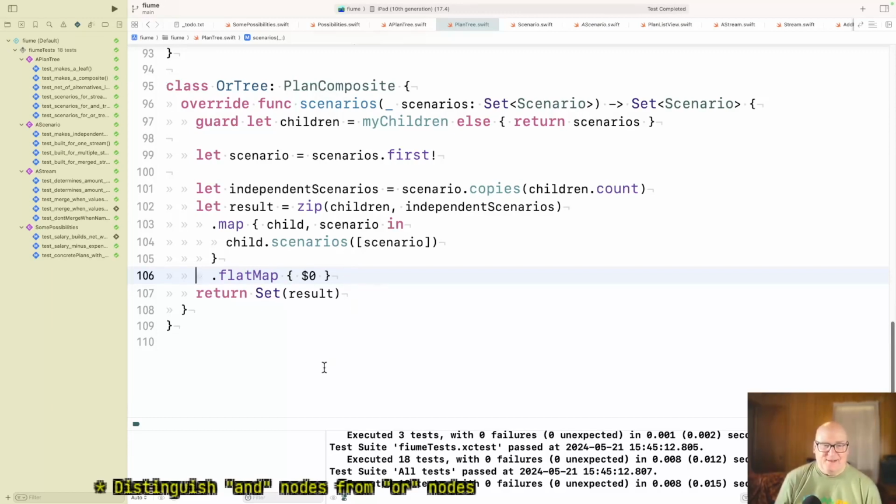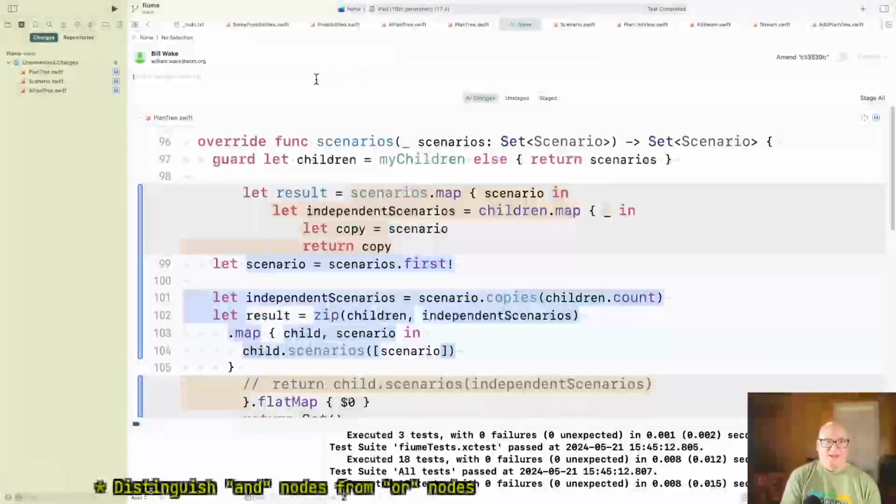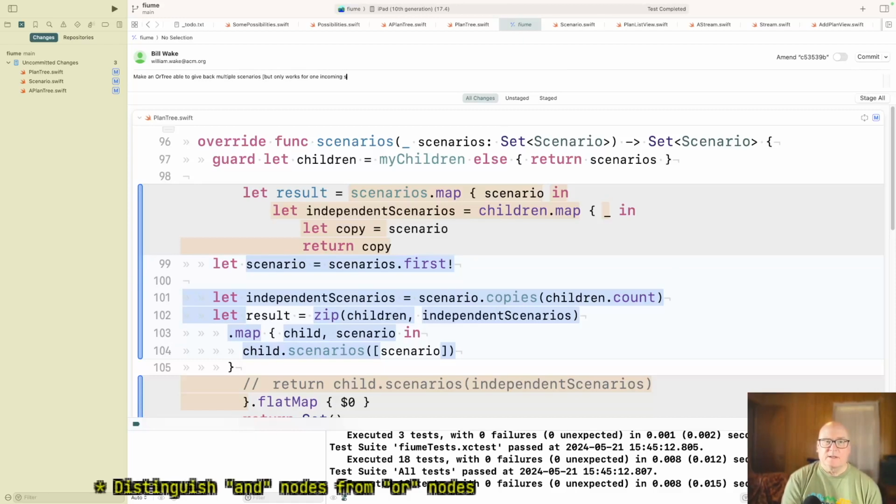Okay, so we've made an OR tree able to give back multiple scenarios, but it only works for one incoming scenario. And that's just where we are.